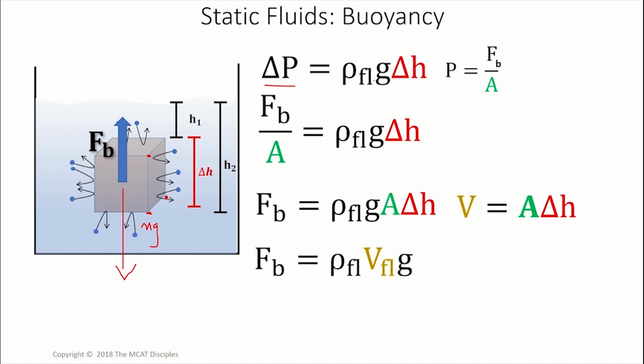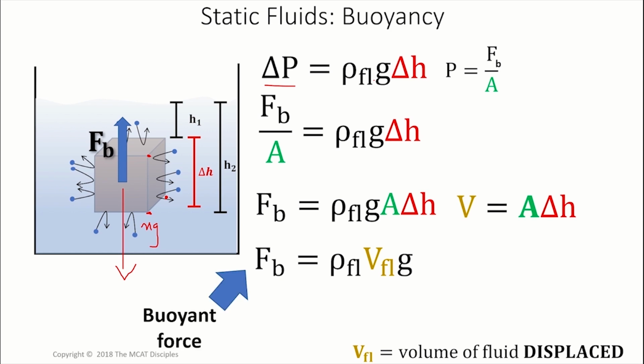This is the equation you're most likely going to be using, where the buoyant force is equal to the density of the fluid, times the volume of the fluid displaced, times gravity. Now, this is where a lot of people get tripped up. Sometimes there's a relationship between the volume of fluid displaced and the volume of the object. That volume can sometimes be equal to the volume of the object, or it'll be equal to the volume of the object submerged. You'll have to decipher when it is appropriate to use which volume, and we'll go through how to do that shortly. Anyway, that's the buoyant force.